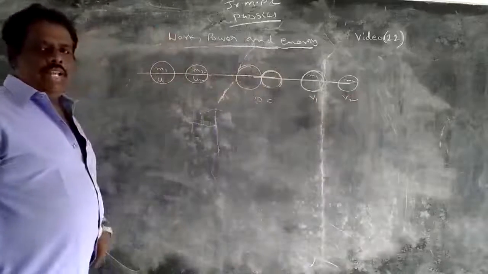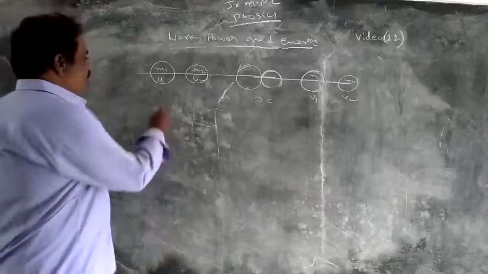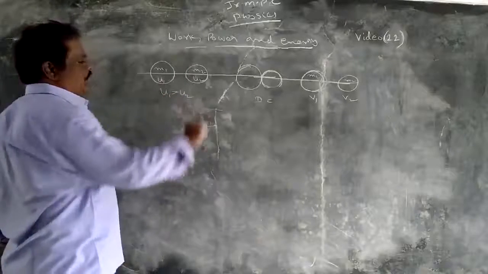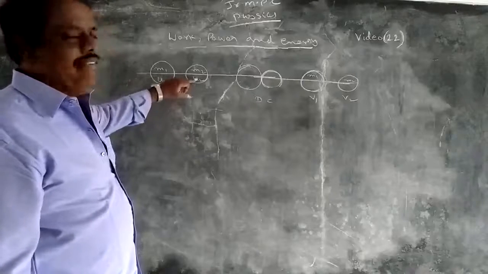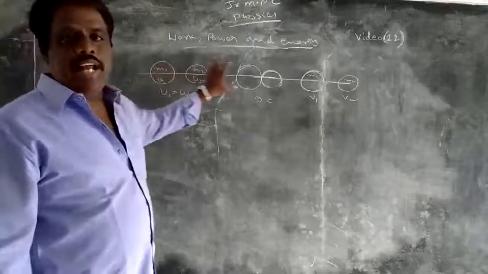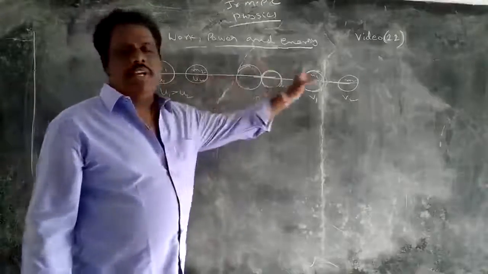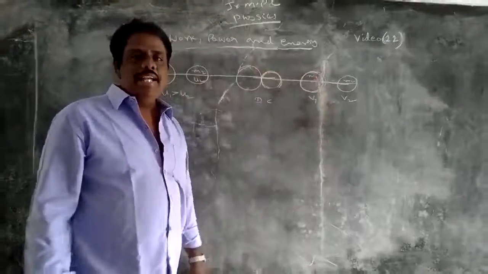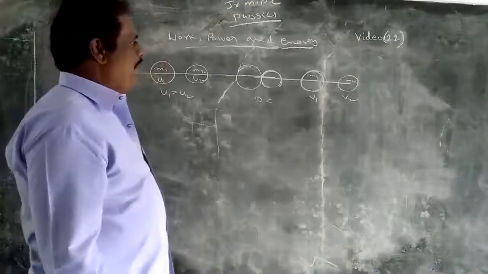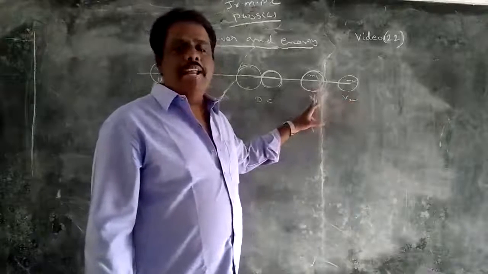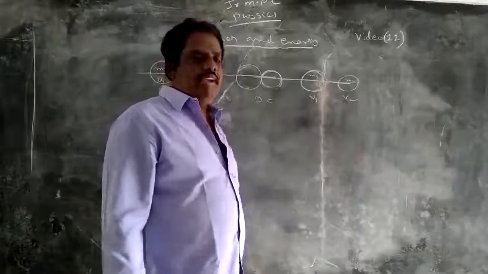The collision will occur only if u1 is greater than u2. That means the initial velocity of the first sphere should be greater than the initial velocity of the second sphere. Then only the collision occurs between them. The line joining the centers of mass is the same before and after collision, so we can say it is a head-on collision. The masses are the same, m1 and m2, before and after collision, but the final velocities are v1 and v2. The first ball's final velocity is v1, the second ball's is v2.